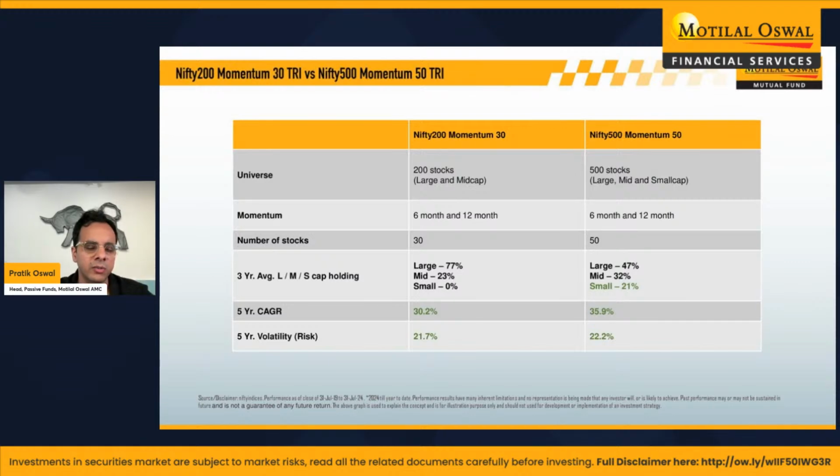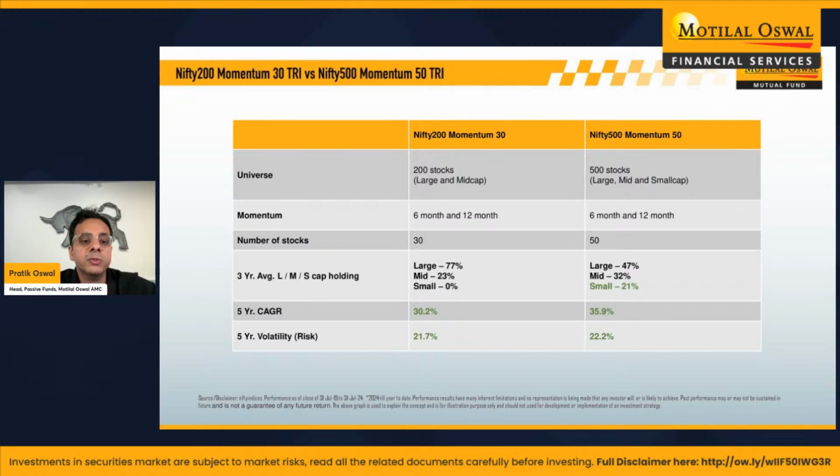We believe that the larger the universe, the more the ideas, so the best momentum ideas will come from the Nifty 500 as opposed to the Nifty 200, which is why we believe wealth creation will probably happen the most in this particular index. Also, this is a flexi cap strategy, whereas there are momentum indices that track mid and small cap. The problem with momentum mid cap and momentum small cap is that you are essentially locked into mid and small caps. If tomorrow small caps do badly, then momentum small cap will do badly, or if mid caps do badly, momentum mid cap will do badly.